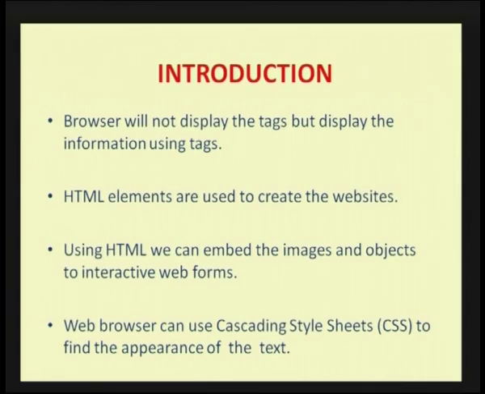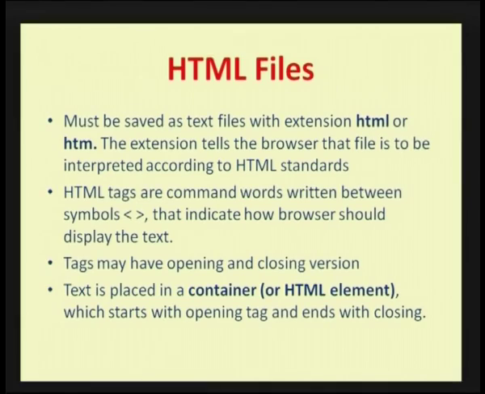To make our web page more creative, we can add objects, images, etc. to our web pages. We can change the appearance of the text as well as the elements of web documents using CSS, that is cascading style sheets. We can save the HTML file with the extension .html and run this saved file in any browser. As HTML deals with markup, every element should be enclosed within angle brackets and each element should have opening and closing tags. We can embed